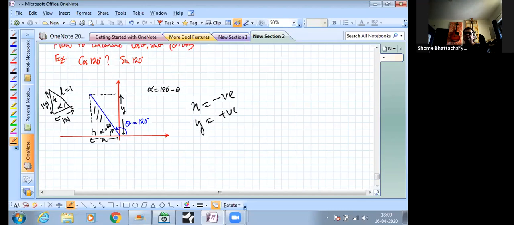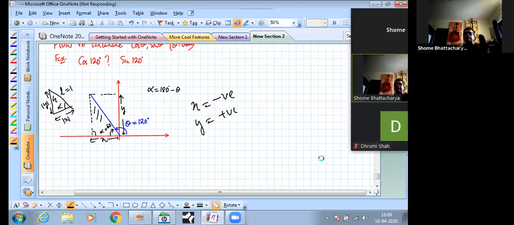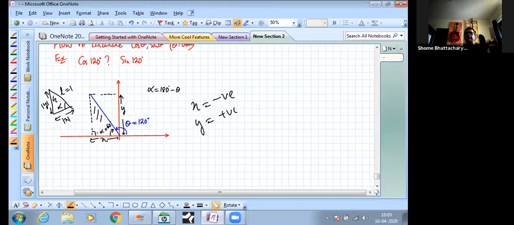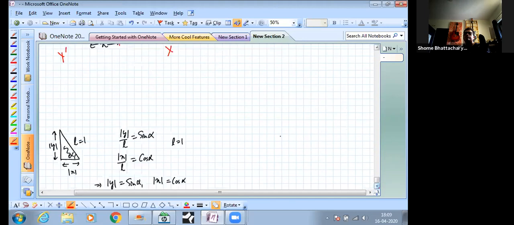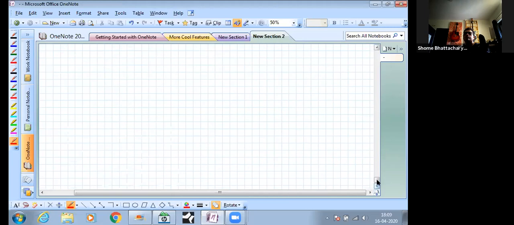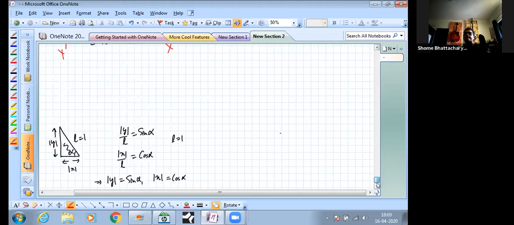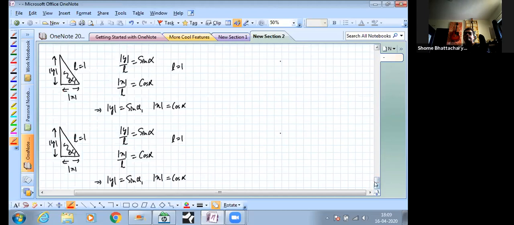Remember in this diagram, it was like this. Now all you have to do is solve this triangle. This smaller triangle, I've redrawn it below, and we have to just solve that triangle. In this diagram, this was our x-axis. So this is x prime. That's why this side is negative. Now let's come to the smaller triangle below, and that's this one.